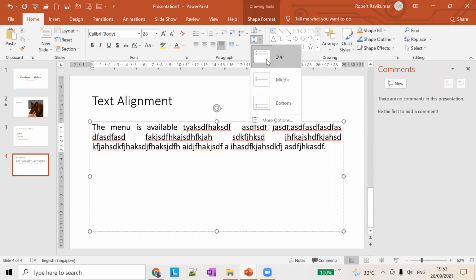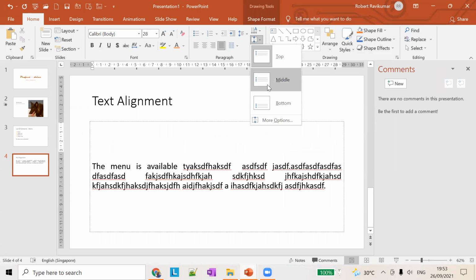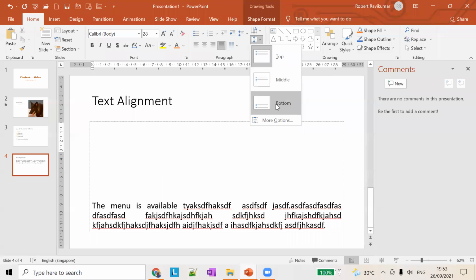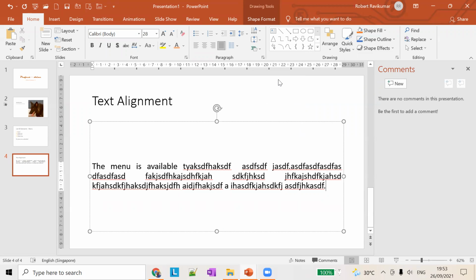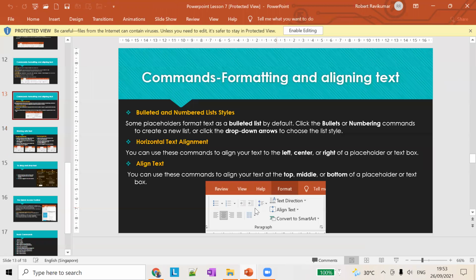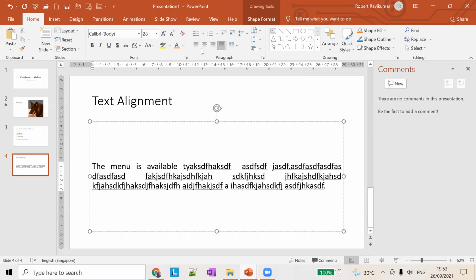If you want to change it to middle, you can see it moves to the middle of the section. So you can choose bottom, middle, or top. You can choose any one of these options available here. This is called text alignment. There are two things available. One is the horizontal text alignment, which is all these four options, and one is the vertical alignment.